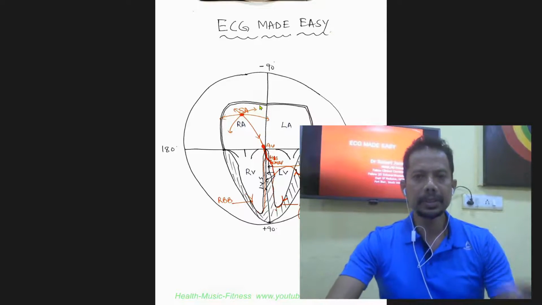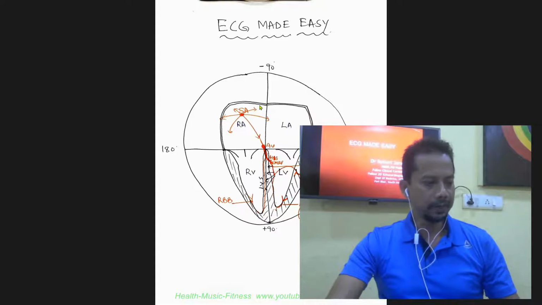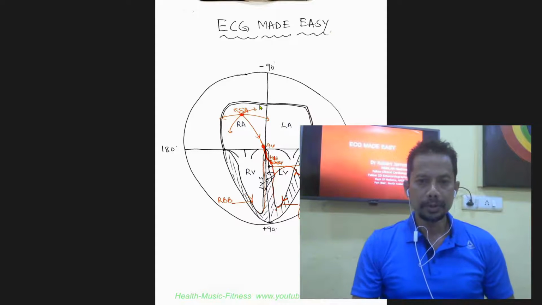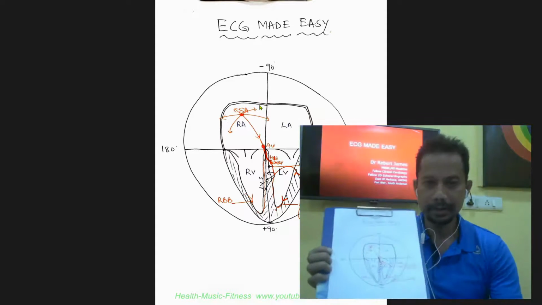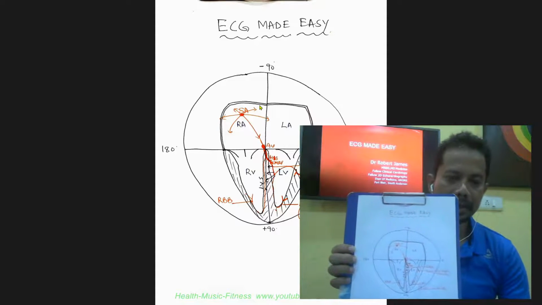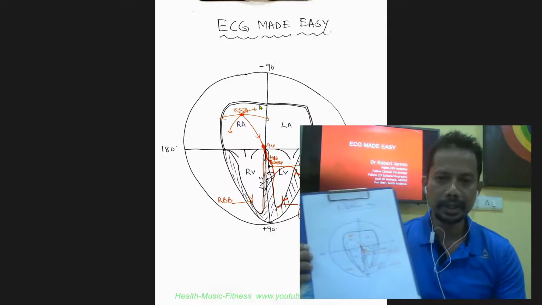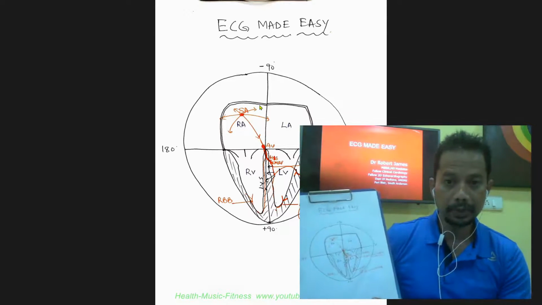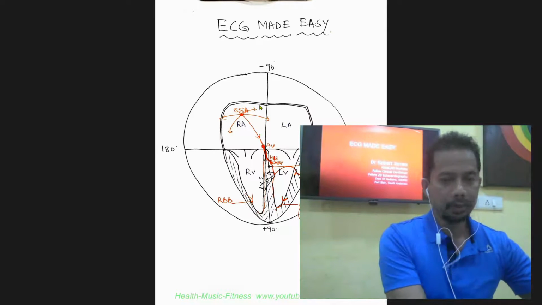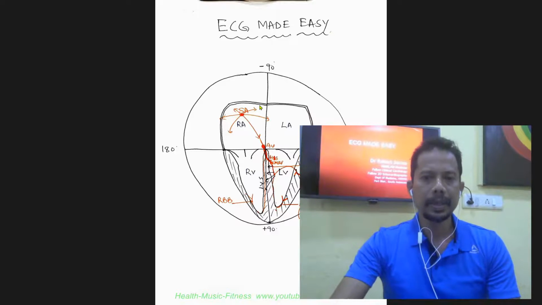The impulse first arises in the SA node, and at this point I would like to encourage you to draw diagrams like this one, which I have just drawn for you. It really helps in memorizing, and somehow subconsciously you will pick up more and remember more, and you will be able to recall more if you draw and write and learn.